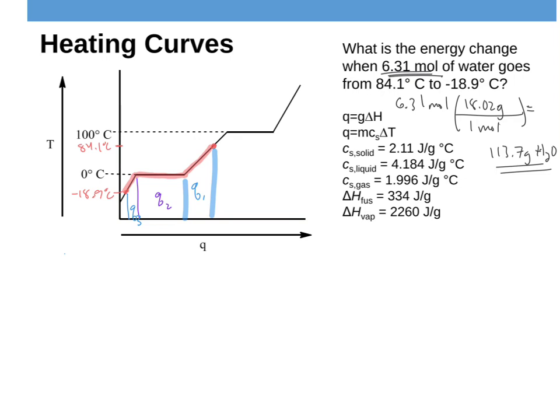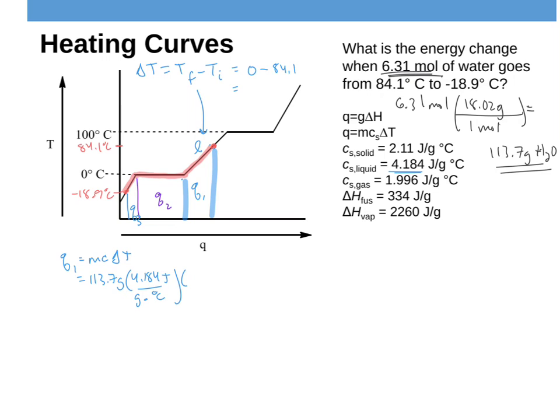So let's get started. So the Q1, same thing, I've got my mC delta T. The mass I just calculated is 113.7 grams. The C, so right here we're in a liquid phase, so that means I'm going to use this 4.18 again. And my delta T, if I'm going from 84 down to 0, I'm going to write the delta T up here just because I'm running out of room. The delta T for this part is T final minus T initial. The final temperature is 0, and we started at